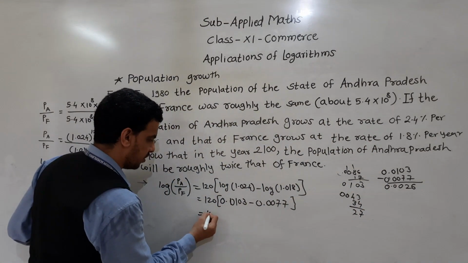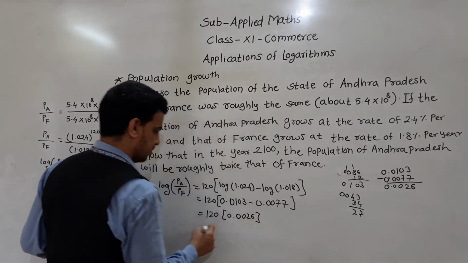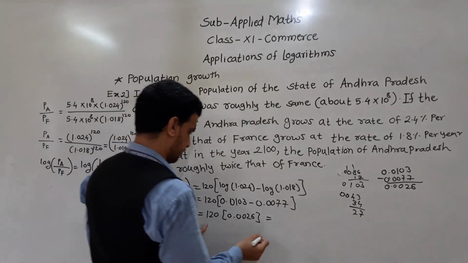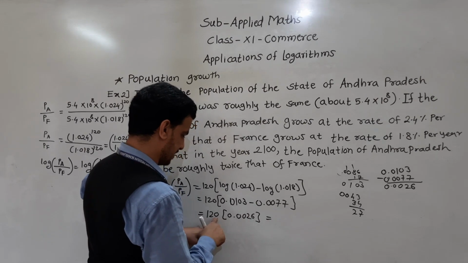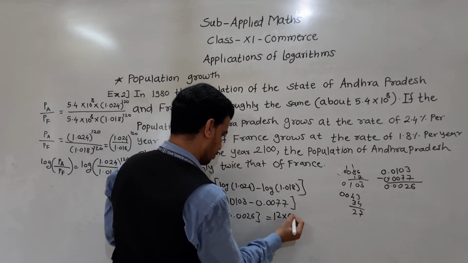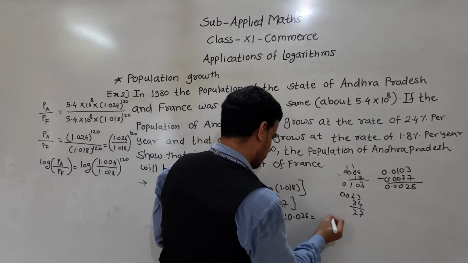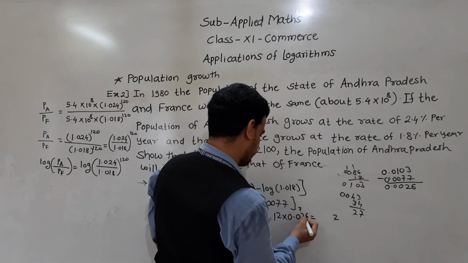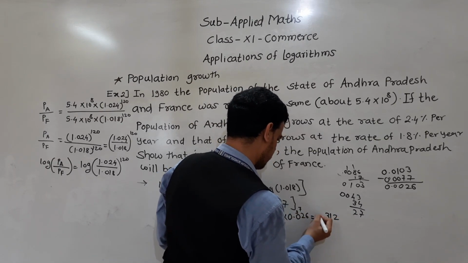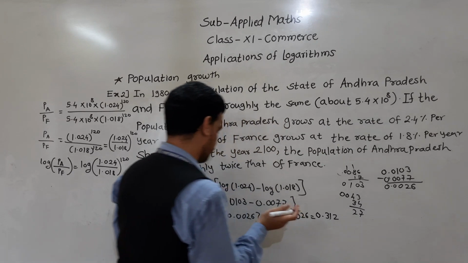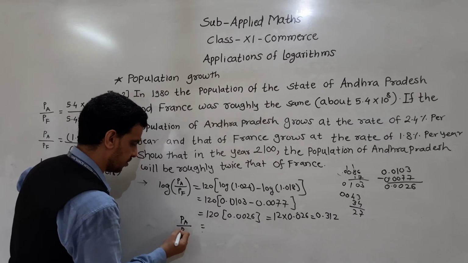So 120 into 0.0026. If you multiply this, 120 into this, 1 decimal point shift, so 12 into 0.026. So 12 times 6 is 72, 12 times 2 is 24 plus 7 is 31, it is 0.312. So if we find anti-log on both sides, population of Andhra Pradesh upon population of France